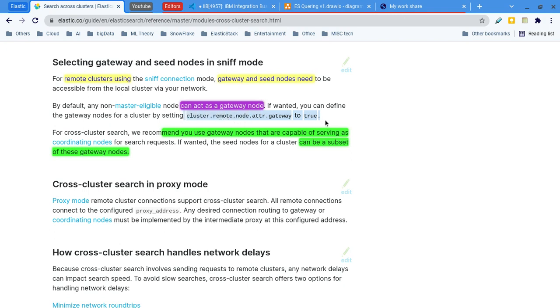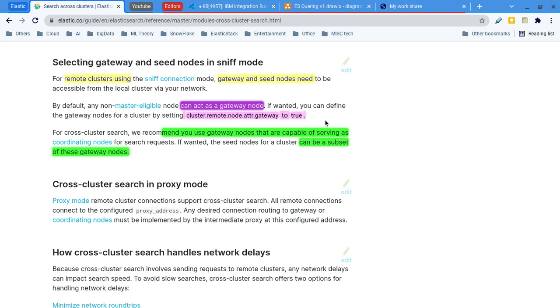They are saying that we have a coordination node, so for that node itself we just add this configuration. Let the coordination node play two roles, coordinating as well as gateway node.